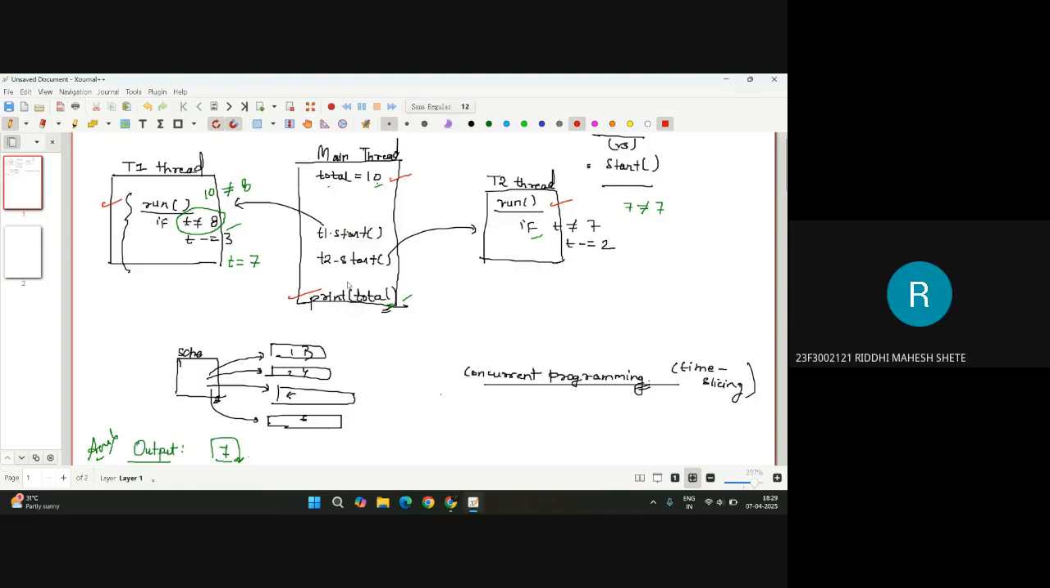Sir, isn't that the flow of the program? See, what T1.start is doing is creating one thread here, T1, and T2.start is starting another thread here, T2. But these threads are now being